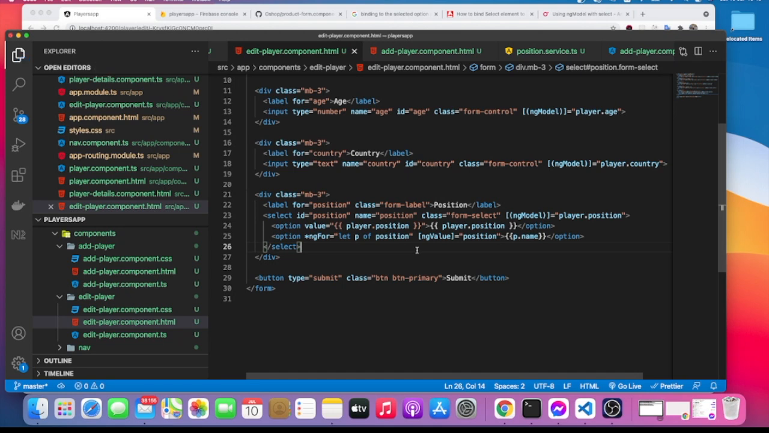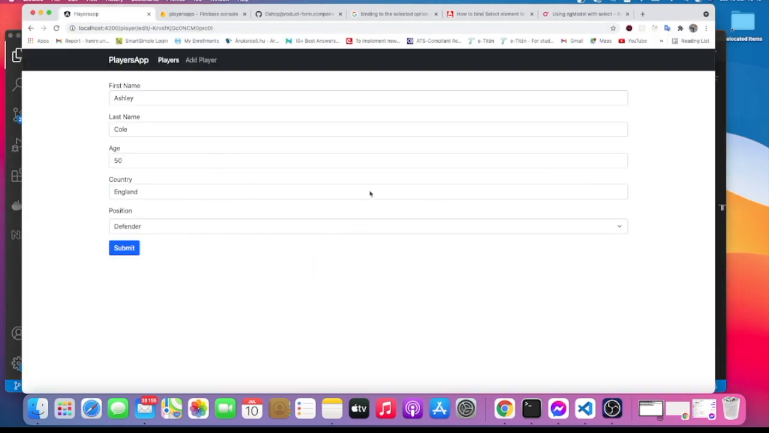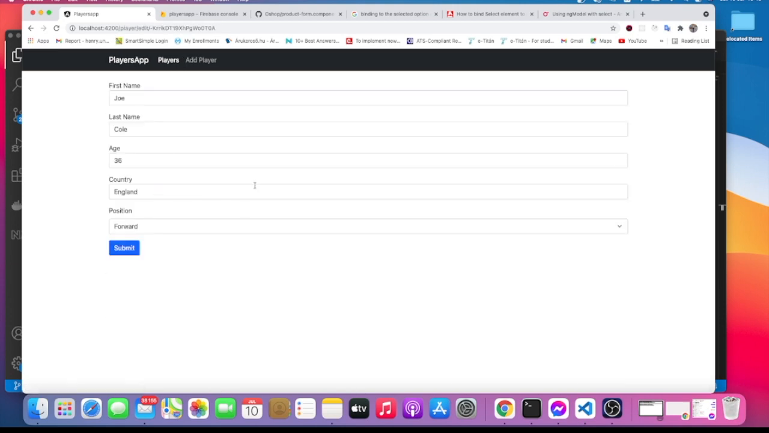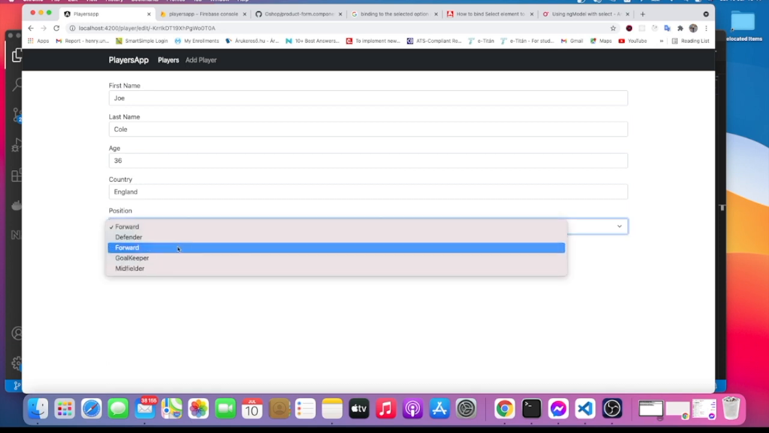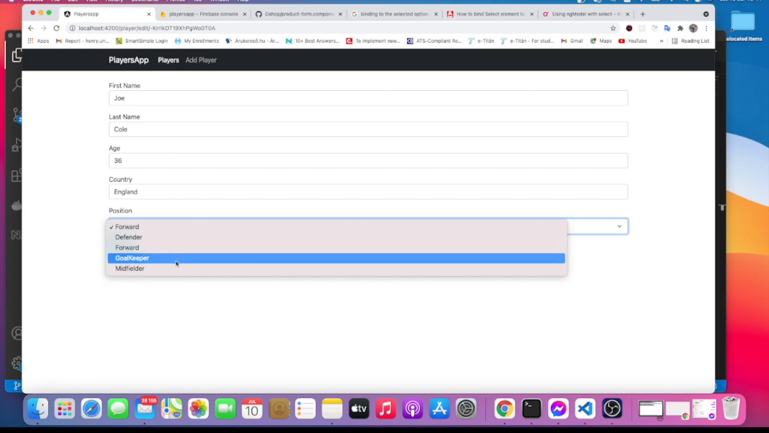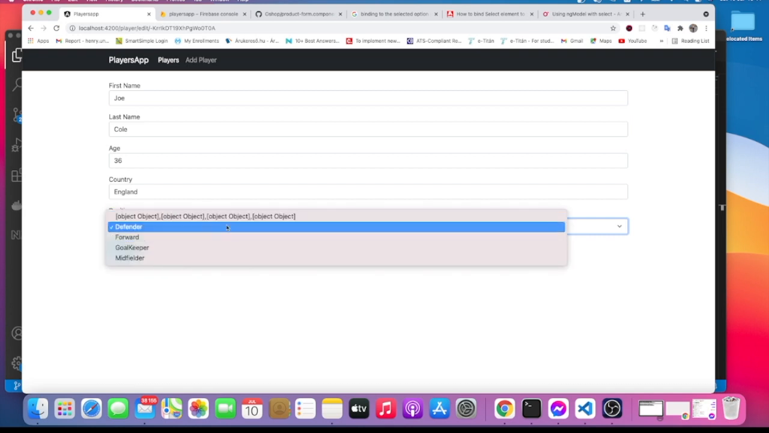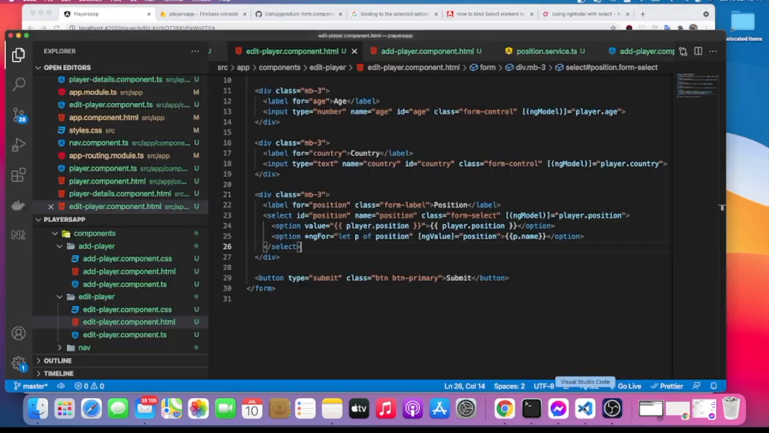Alright, if I save that, I'm going to quickly show you one issue with this. Now we have all the details and we can edit, and you see that we have the forward set as default and we can scroll down. But if we change it to, let's say, a midfielder, and then we go back to the list, you see this object, and that's why I prefer to use the value binding instead,